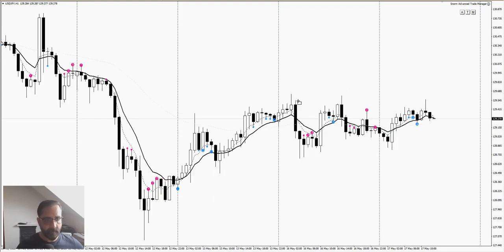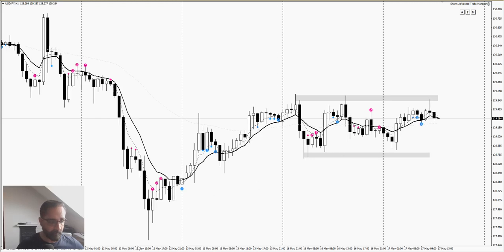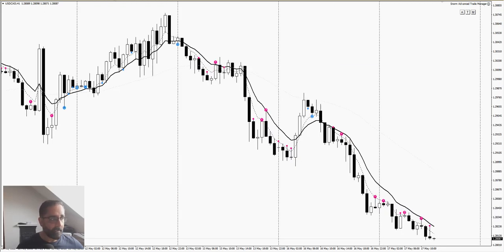Dollar yen is still in a trading range, so a clear trading range. You have a high here, and then the new high was not created. It was rejected here. We have a swing low here, and then that swing low has never been broken, so we have a trading range, and it can extend, and we can let it be the way it is. The dollar CAD,